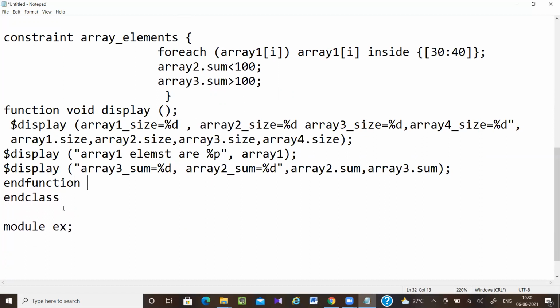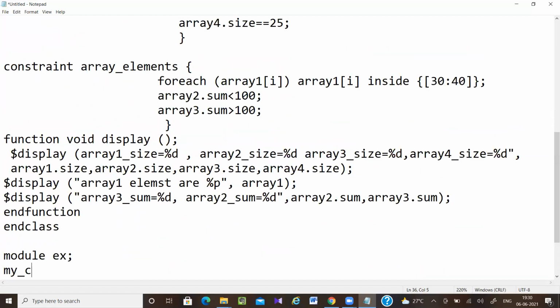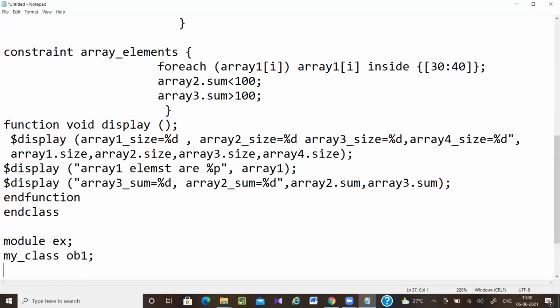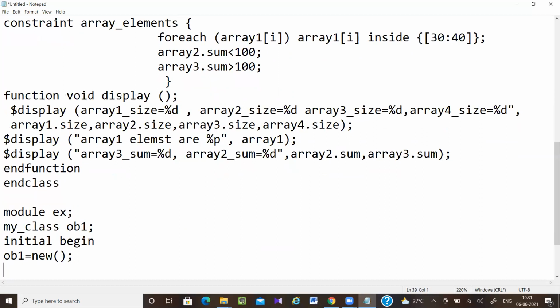End function. Here the class name is my class, so create an object, my class object1. Initial: allocate memory. Repeat, I'm just repeating it 10 times.